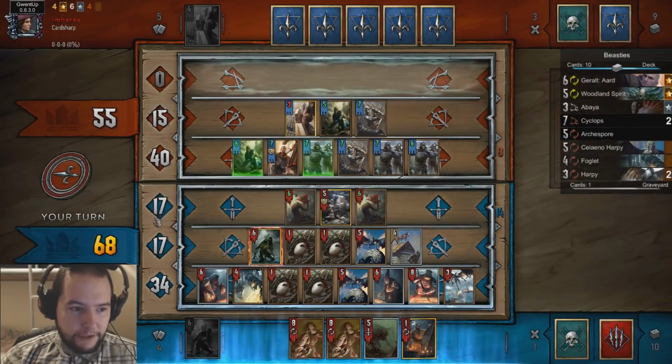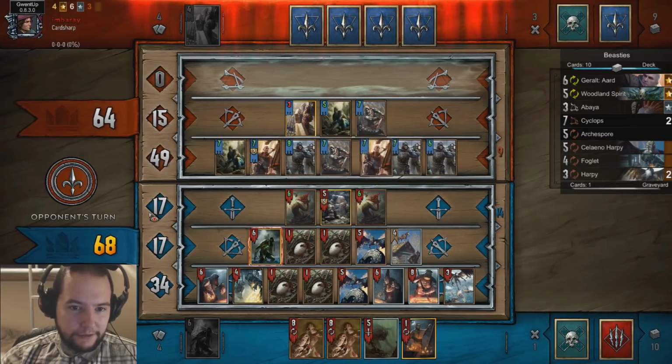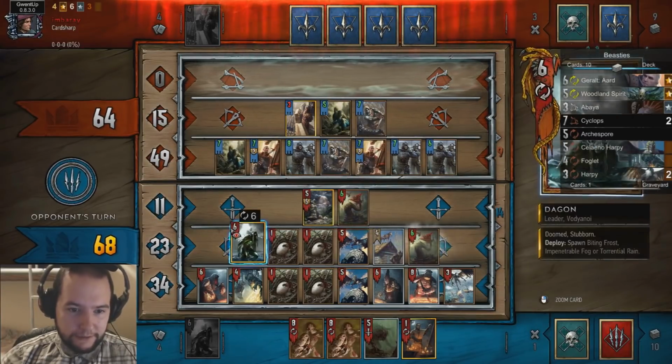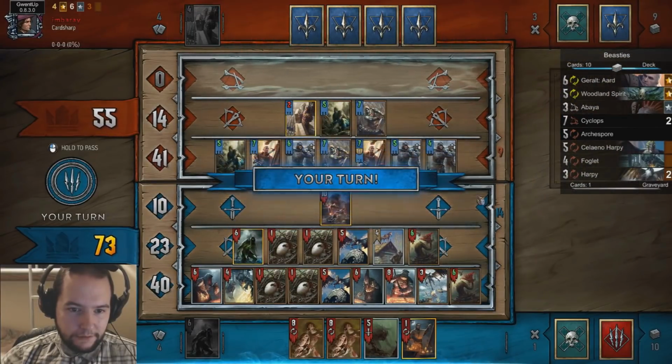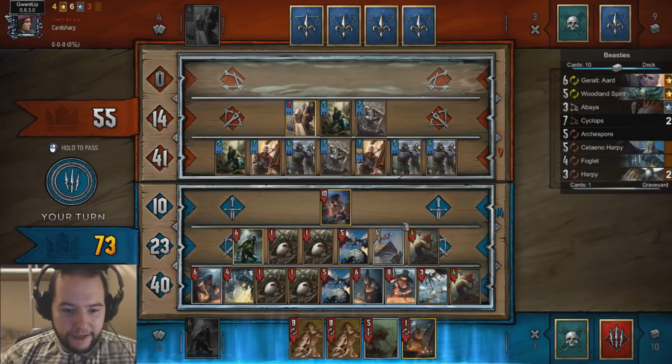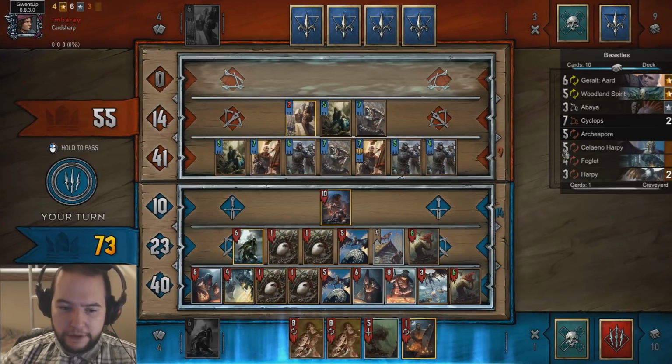There we go. So my strength is really good here, so this is looking really good. Well, hopefully he hits the right units. Not that one. So yeah, unfortunately we haven't got a way to trigger that. Normally, you know, Cyclops are there, but...